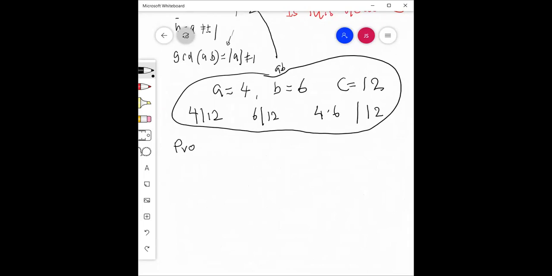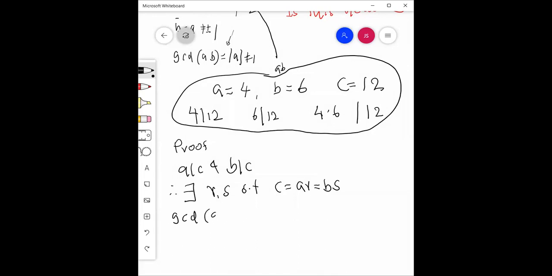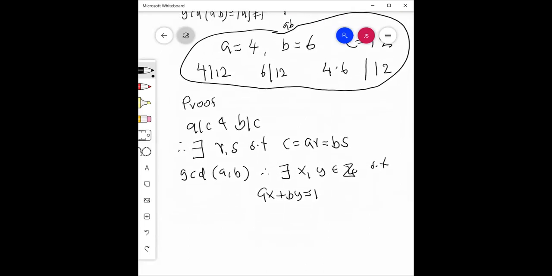So the proof of the theorem. A divides C and B divides C. Therefore, there exist R and S such that C equals AR and C equals BS, right? But also the GCD of A and B equals 1, right? Therefore, there exist X and Y such that AX plus BY equals 1, right? Now, C equals C times 1, which is equal to C times (AX plus BY),